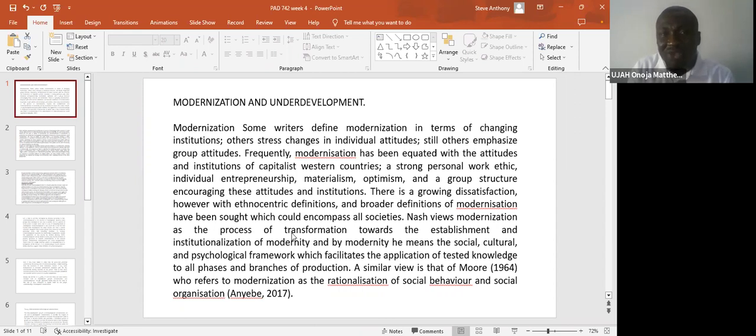Some emphasize group attitudes. Others look at it that modernization is a frequent, okay, I have somebody online, Omoto Show,